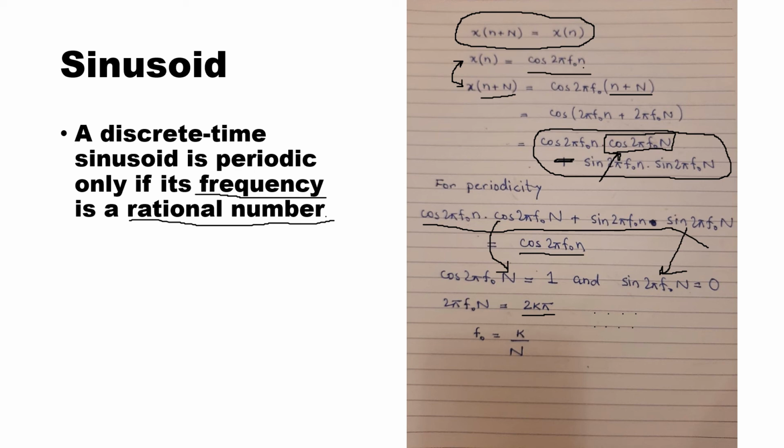So at all values of angle that are integral multiple of 2 pi, x[n plus N] and x[n] will become equal. So if we see here, this 2 pi will be cancelled, and what remains is that f naught is equal